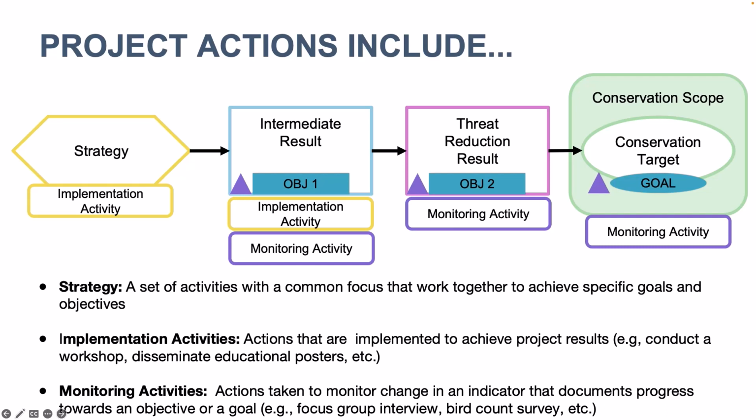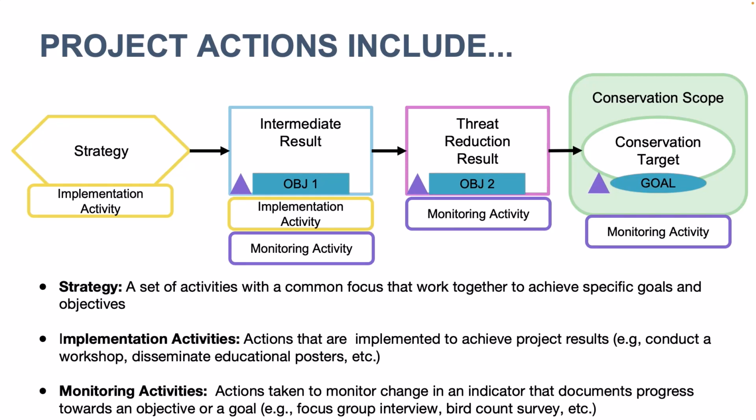Implementation and monitoring activities are nested within a strategy. Implementation activities are illustrated as these yellow bubbles in our results chain. These are actions that a project team implements to achieve project results. For example, a team may conduct a workshop or disseminate educational posters with the objective of achieving the result of increasing the skills or knowledge of a target